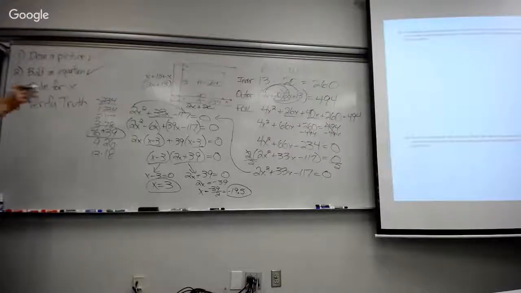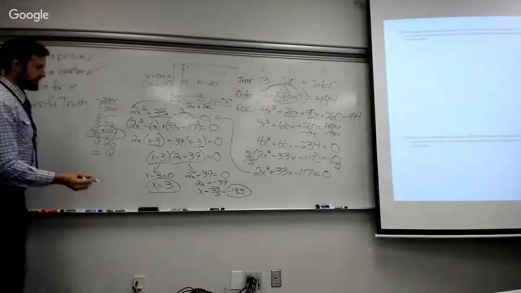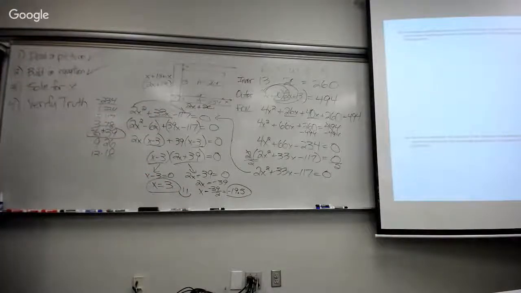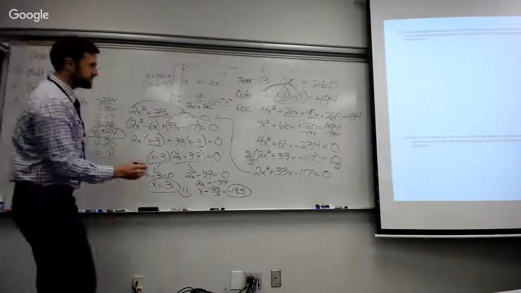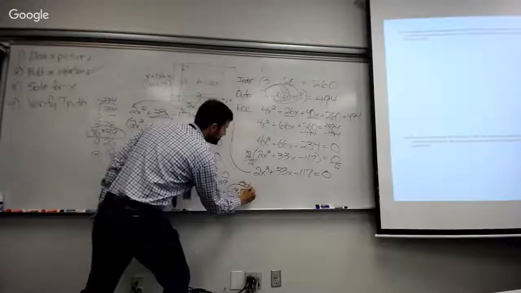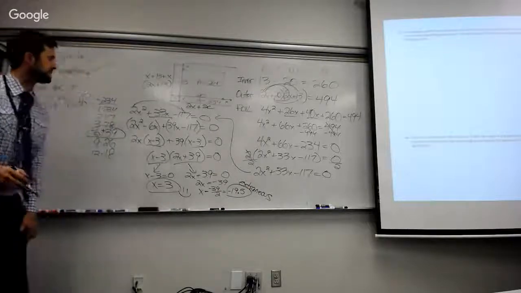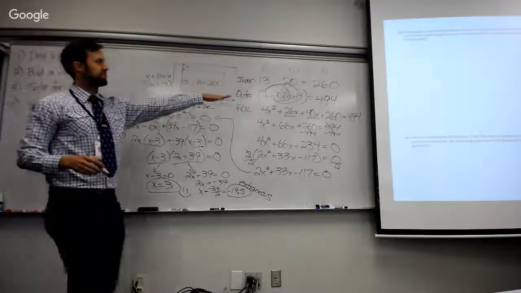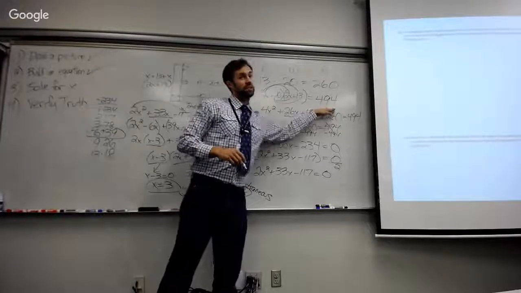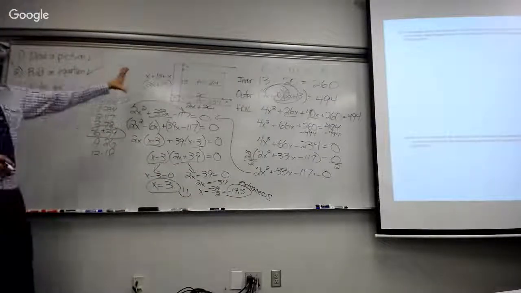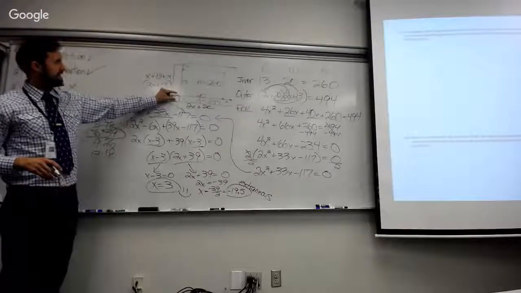So which one of those answers is correct? x equals 3. Yeah, x equals 3 is the correct answer. What do we call x equals negative 19.5? Extraneous. That solution is extraneous. True, but nonsense. It is true that if I plugged in negative 19.5 into my original equation, that would equal 494. It would. But it makes no sense that our garden would have a path that's negative 19 and a